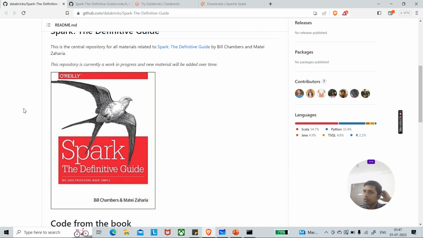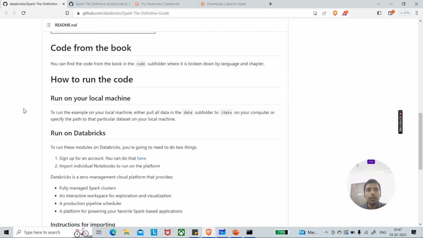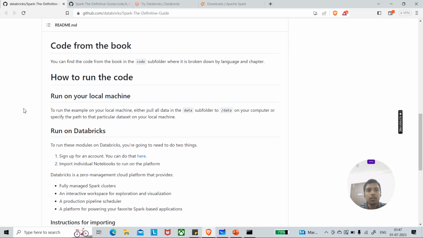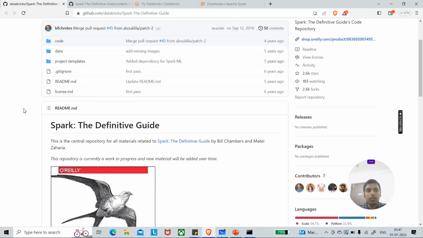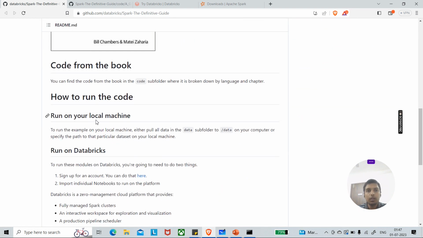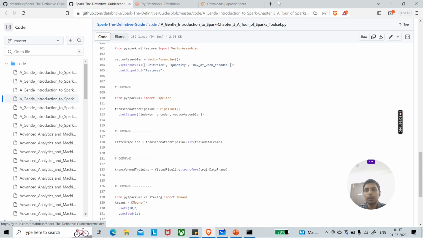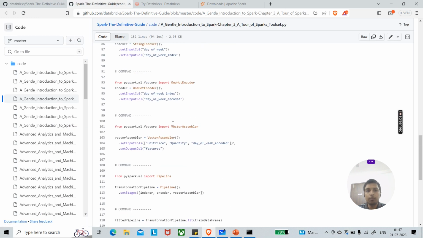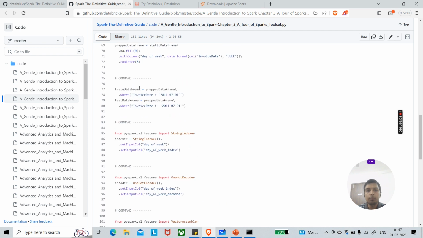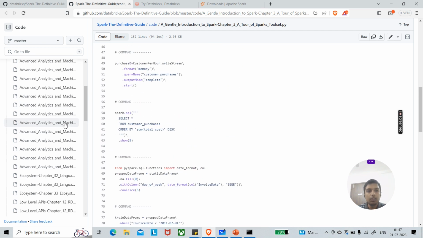If you want to be mastering Spark, I would suggest reading this book entirely. And if not entirely, at least cover the starting chapter. And here in this repo, in the code and data folder, there are multiple Python notebooks with examples of Spark, which you can use to see how Spark is working, and definitely there are so many